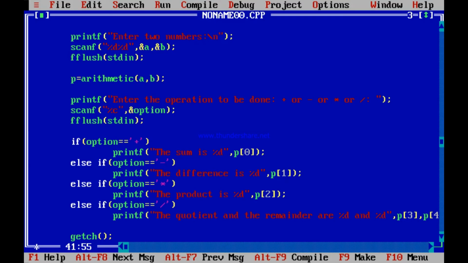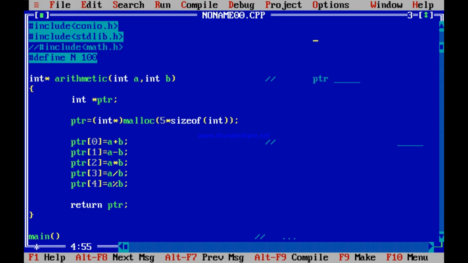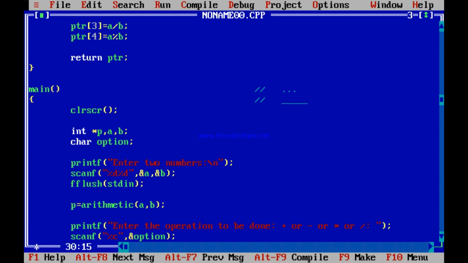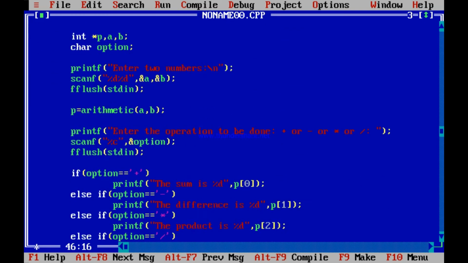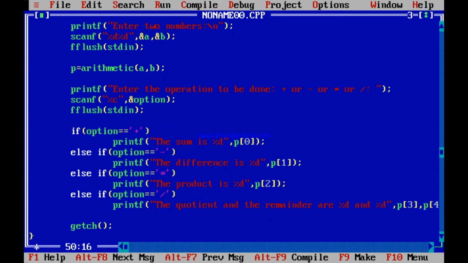It works absolutely fine. But one last thing to show you: say after all I am dealing with arrays only, then why not I just write int PTR[5]? What is the necessity of doing int star PTR and then malloc? I can just write int PTR[5] and then PTR[0], 1, 2, 3, 4 and everything runs absolutely fine. Then int star P, you receive this P. After all, it's all the same. The starting address you are returning is the array starting address. It is absolutely the same as using malloc. There is no difference. So why not I do it like this?